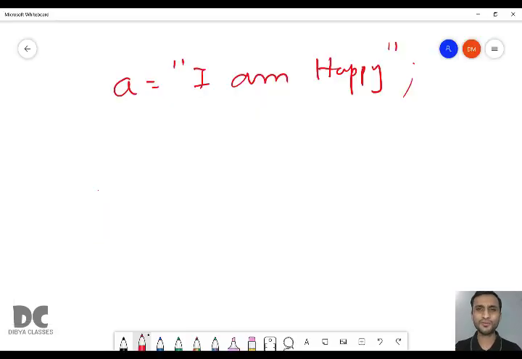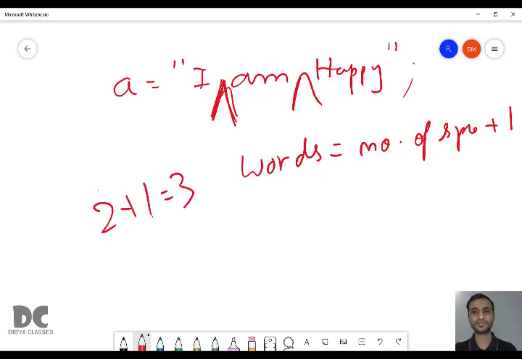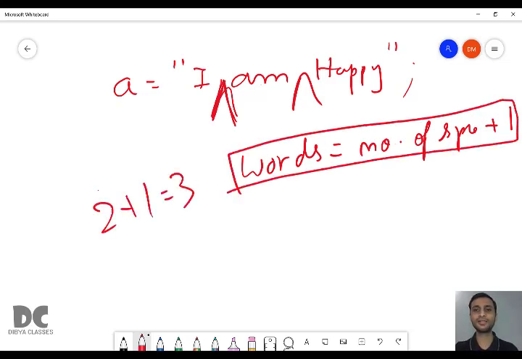And next we also have to count the number of words present in the string. So how to know how many words are present? Here in the sentence you can see and tell that there are 3 words. Actually, words is equal to number of spaces plus 1. How to differentiate between words? The words are differentiated by spaces. So how many words are there? 3. How many spaces are there? 2. So 2 plus 1 equals 3 words. So words can be found by counting the number of spaces plus 1. So in this program, if we count the number of spaces and add 1 to it, for example, if x is the number of spaces, then x plus 1 is the number of words present in the given sentence.